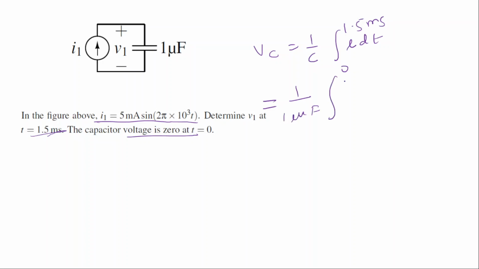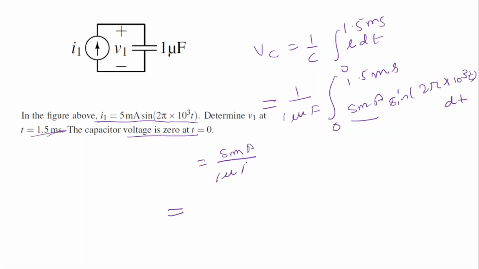Okay, now this is 0 to 1.5 millisecond. This is 5 milliampere sine of 2 pi into 10 to the power 3 t dt. This 5 milliampere will come out. So this will be equal to 5 milliampere by 1 microfarad. This integral, so integral of sine is minus cos. So minus cos of 2 pi into 10 to the power 3 t, divided by the derivative of